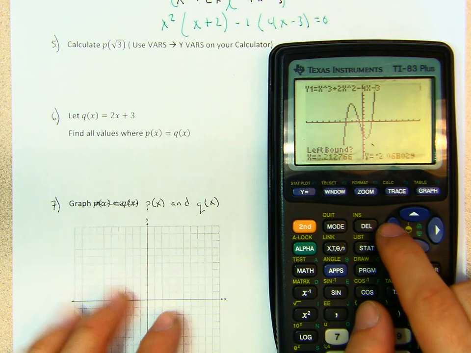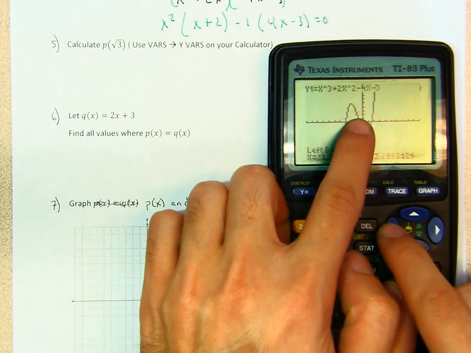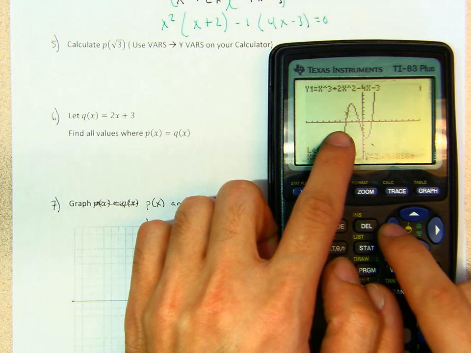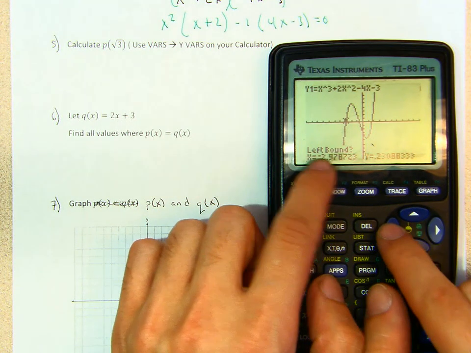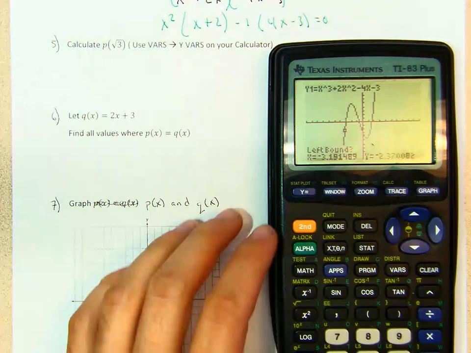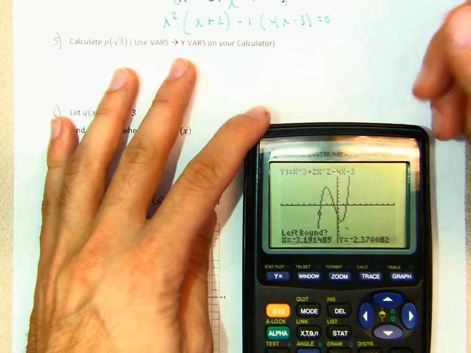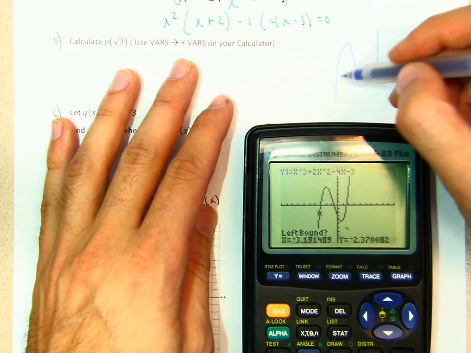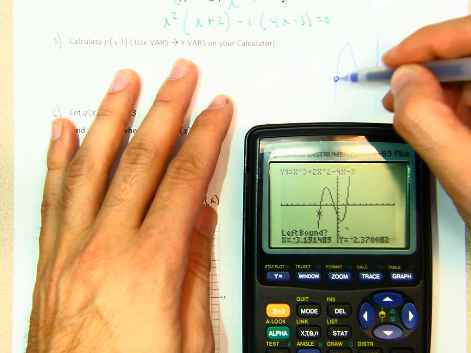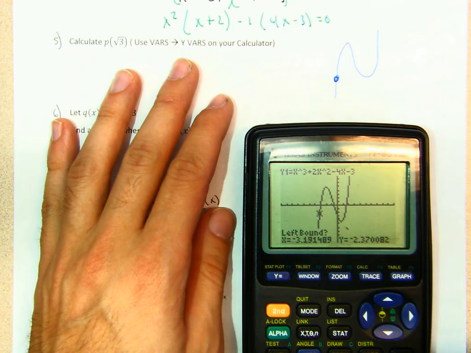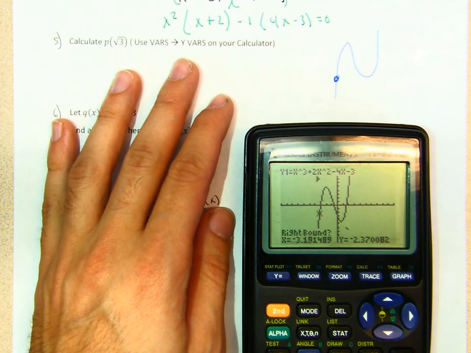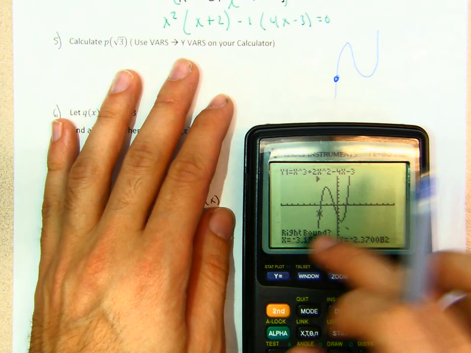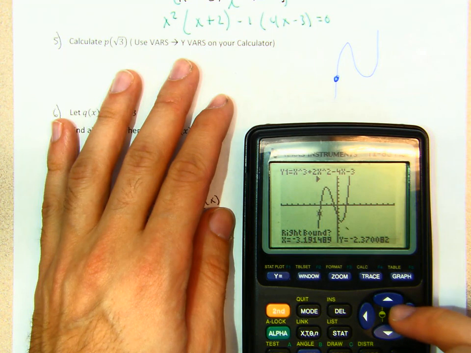And now notice here, you see how I have my blinking cursor? Remember, the left bound is left of the x value. So sometimes, if it looks like this, right, I want my left bound to be here. Okay, so I'm going to hit enter. Now you see I have right bound after I hit enter. Now I'm going to make the right bound. Now remember, to move the cursor, you can only go left and right. So now I'm going to put it over here,